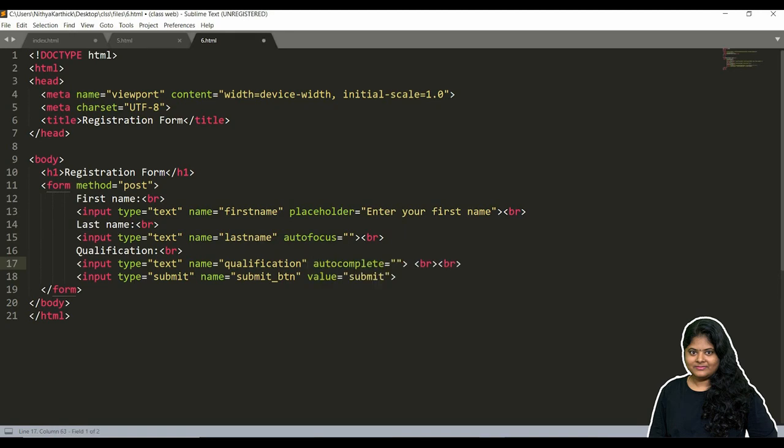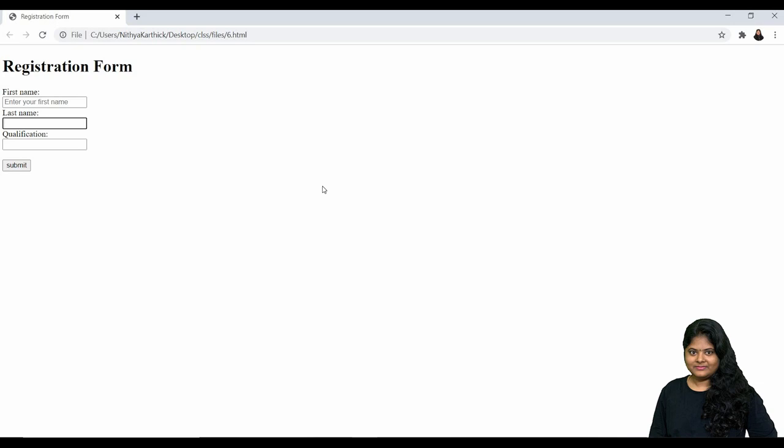autocomplete. You may come across this attribute autocomplete while filling some forms online. If you start to type, you will get the content which was already typed in that form. For example, if you log in to Gmail, you will see the earlier input. If you have logged in with any other Gmail account, you will be shown options by means of your earlier login history. For that we can use